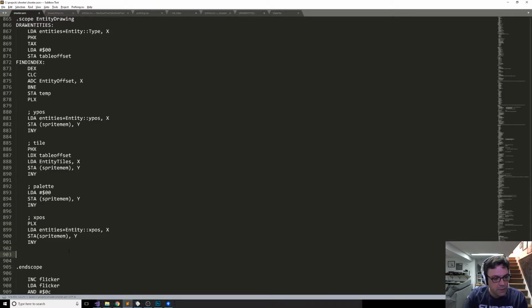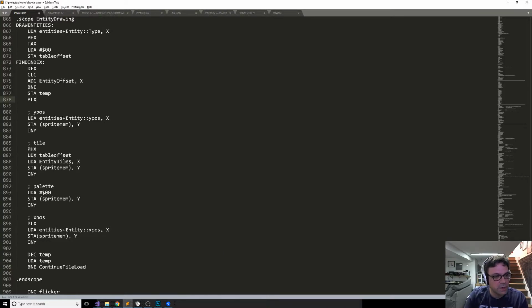And then we need to decrement temp, and then load A temp, and branch if not equal to continue tile load,